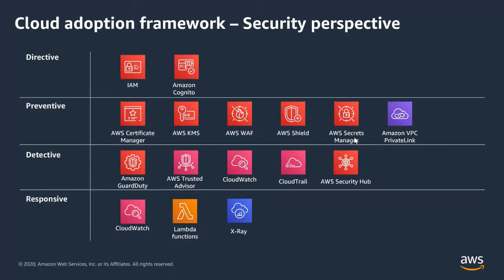GuardDuty enables you to scan for vulnerabilities that are happening and maybe any attacks based on logs which come in CloudTrail, VPC flow logs, or anything else. So you can just point it to the logs, and then it detects based on underlying algorithms. So it runs an ML model separately, and then it also does anomaly detection.